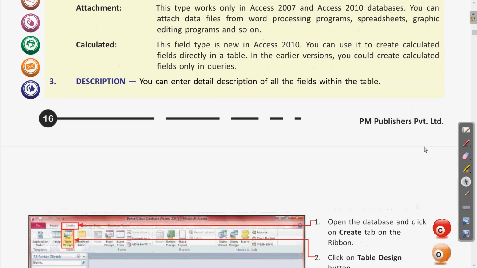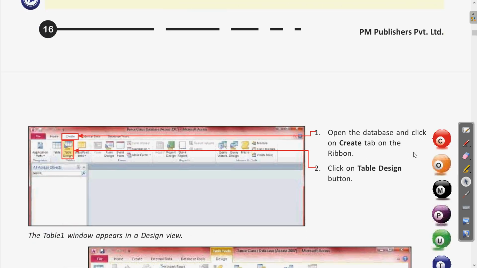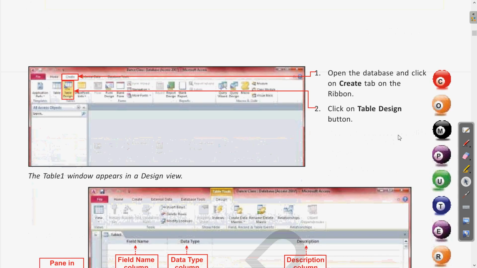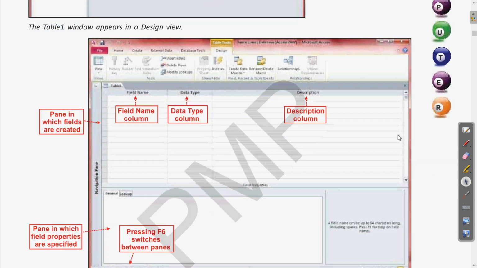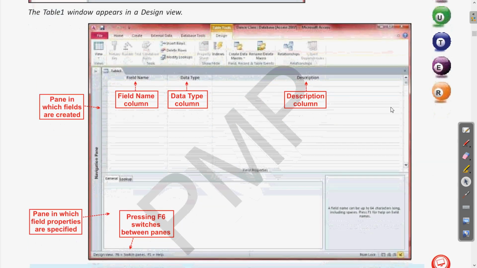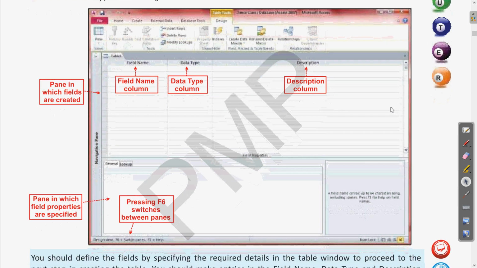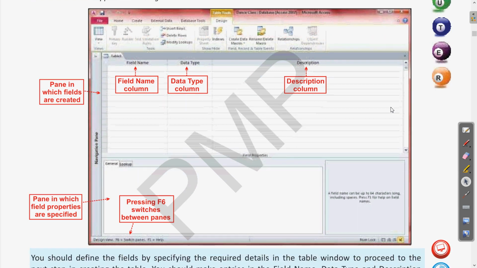In the previous class we have seen how to create a design view and how to enter the different field values. In that we have seen the two parts of the design view. One is the field pane, in which you write the field, the data type and the description, and the other part, the lower pane, is the field properties.